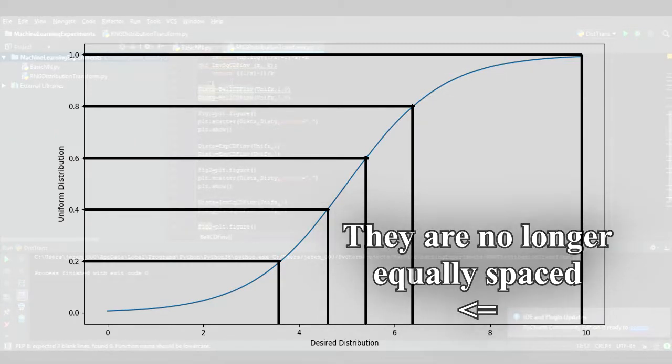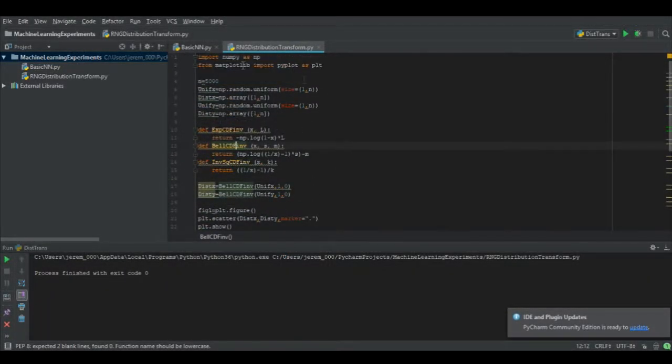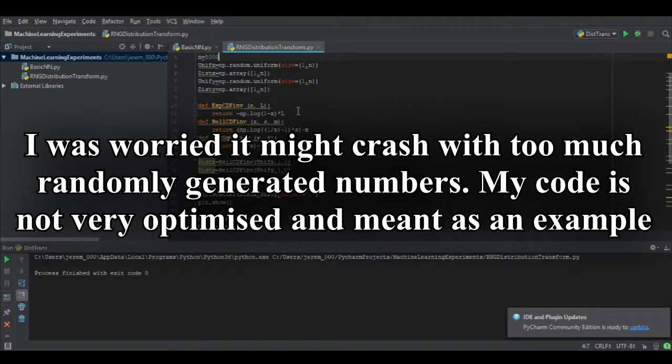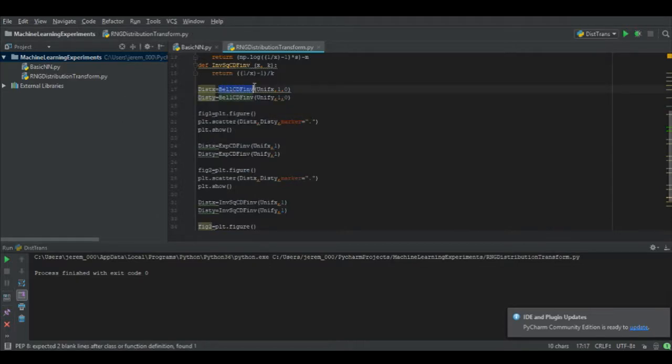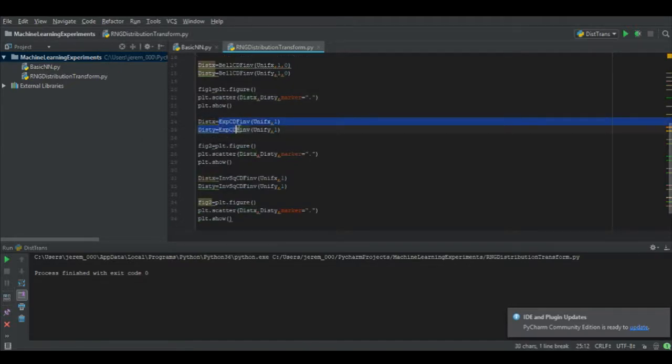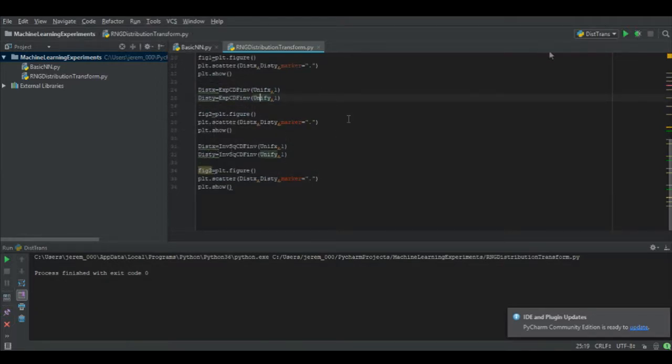So I have some examples here. I'm taking this same set that I'm generating up here. I'm generating 5,000 random numbers. And then first I'm arranging them in a sort of bell curve. Well, this is not the actual bell curve, because for those of you who did statistics or maths, you know that the Gaussian curve has a tiny bit of a problem when it comes to the cumulative distribution function in terms of computability, and it's not very good analytically. So I'm using this as a sort of mock bell curve, and this code will plot it. I'm using Python, by the way. And then I'm running the exponential, and then the inverse square. So running this,